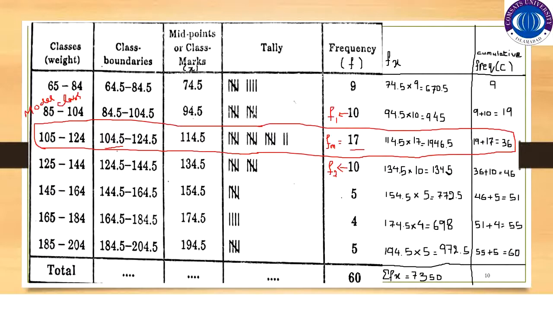And what is L? 104.5 is L, the lower class boundary. And H, the class height we have, is 20. So what will we do? We will put the values in the formula. What is the formula of the mode? Mode is equal to L plus